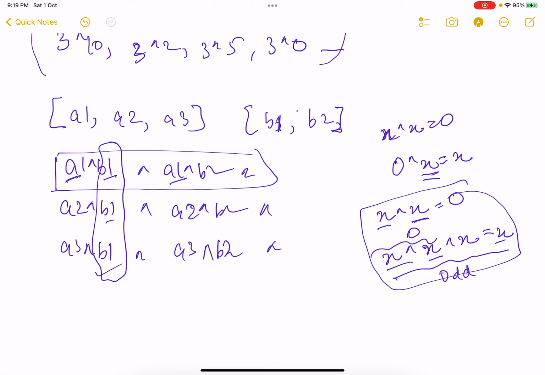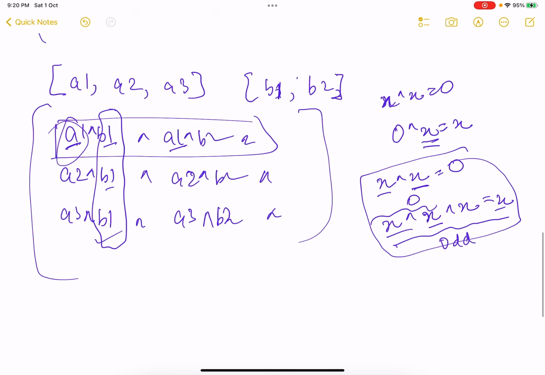So instead of taking XOR every time, if we just check in the final equation how many times a1, a2, a3, b1, b2, b3 is coming, then we are good to go, right? What we'll do, we'll check that if a1 is coming an even number of times, then don't take that into the equation, and if a1 is coming an odd number of times, then you do answer XOR equals to a1. You do this for all the numbers, right?